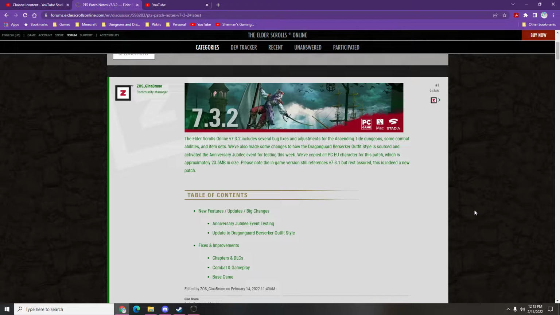Well, first off, they are copying all PCEU characters over for this patch, which is approximately 23.5 megabytes in size. Unfortunately, I wish it was really like that, but it never is. It always seems to come out more. But enough about that. They also did several bug fixes, some Ascending Tide dungeons, some combat abilities and item sets,